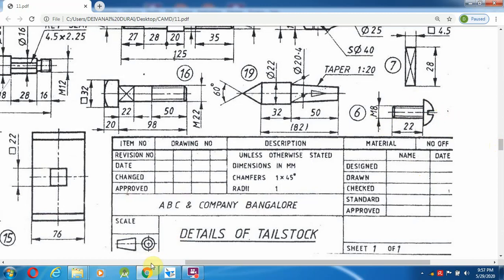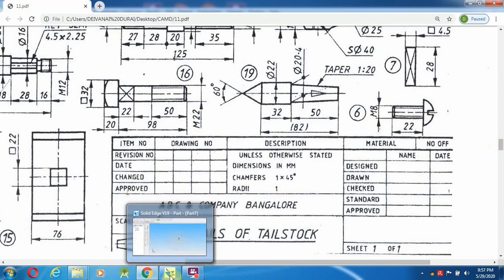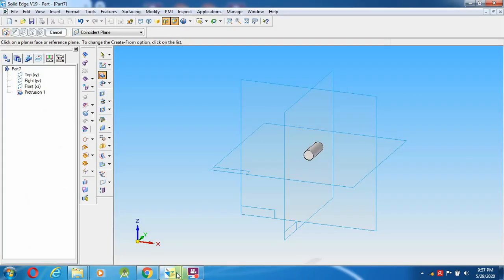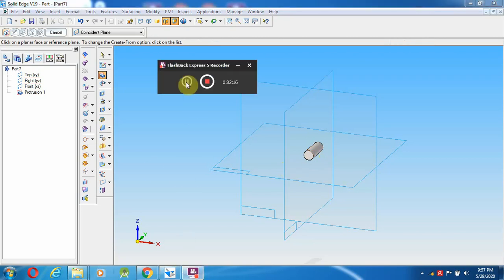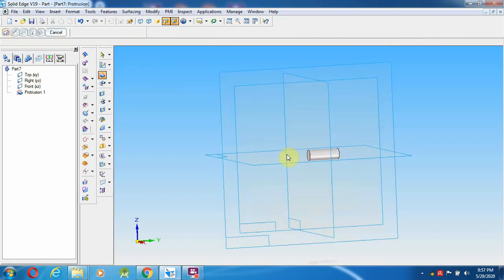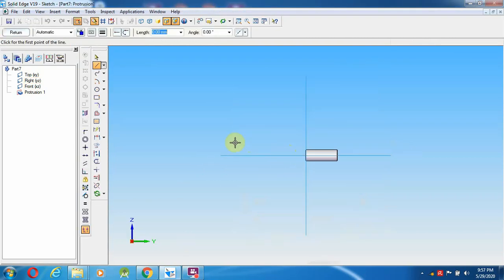Okay, so for drawing this, I am going to select the mid plane over here. After selecting the mid plane, that is a 16 mm diameter, so from here 16 mm diameter.